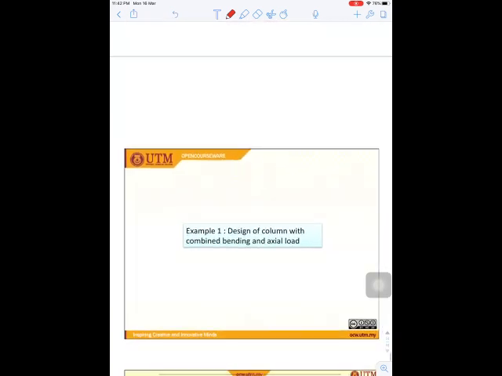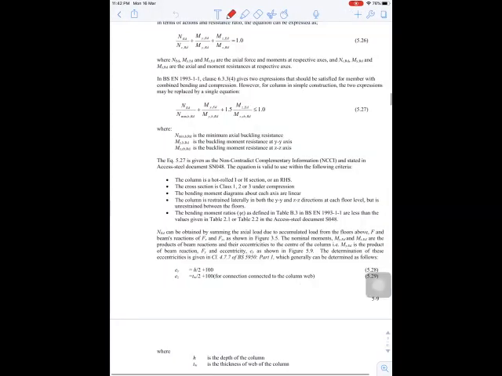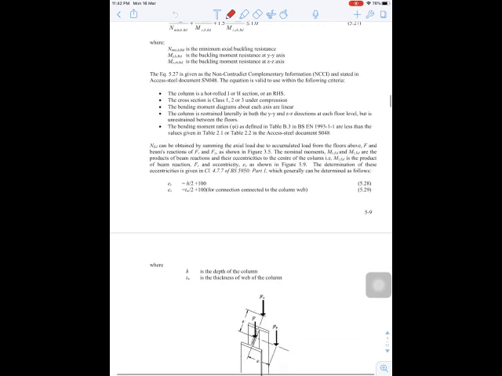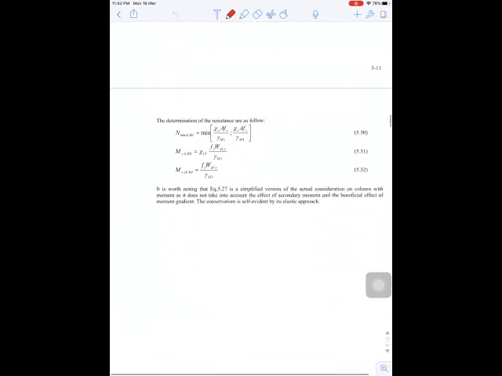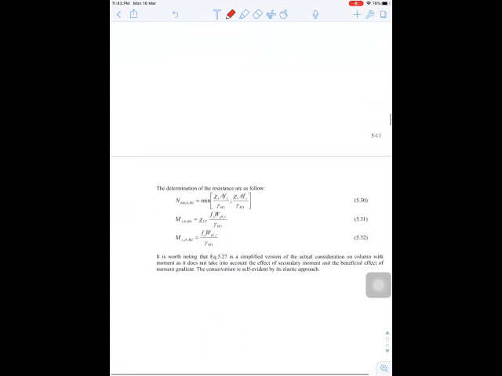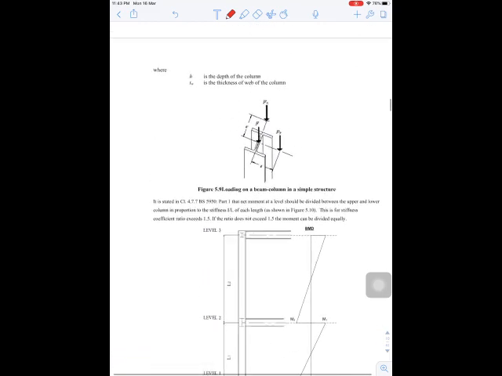I'll go through the design example that I want you to go through, which is example 5.4, I think. We have already gone through examples 5.1 until 5.3, but before going through the example, let me just go through a few things here,